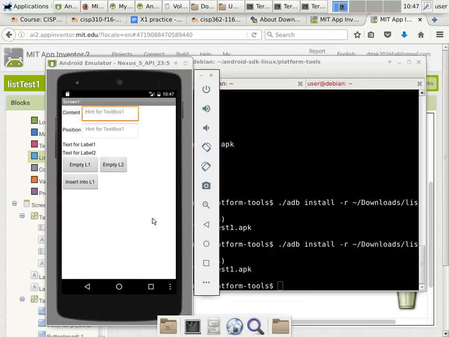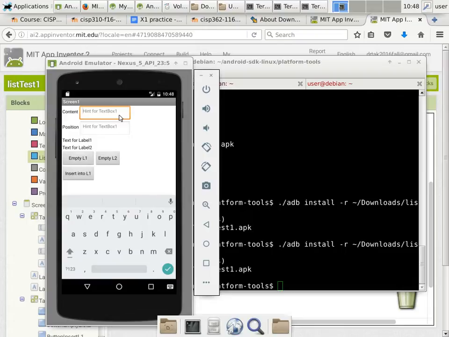All right. So now you can see the interface is slightly different. We have insert into L1 as another button. So what we will do is to say, let's go ahead and insert the content of, let's say, my name, T-A-K, as the first item of L1. Okay, so I'm going to press insert into L1 here, and you can see that TAK becomes the first item. Now, I want to see what do I need to do to insert my last name into the list as the last item. Okay, so it's